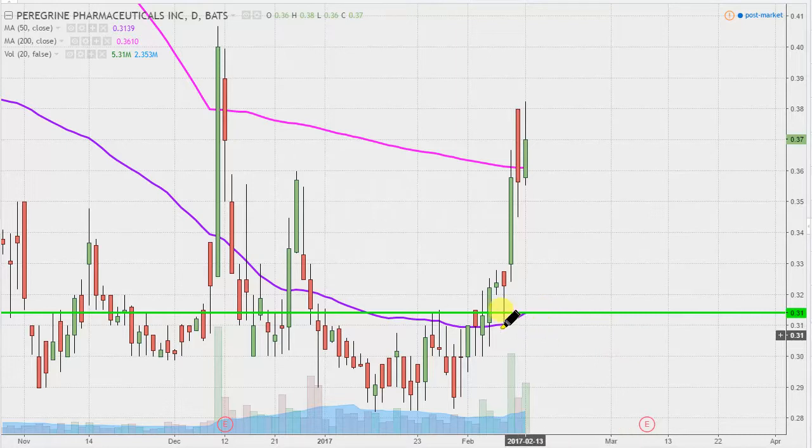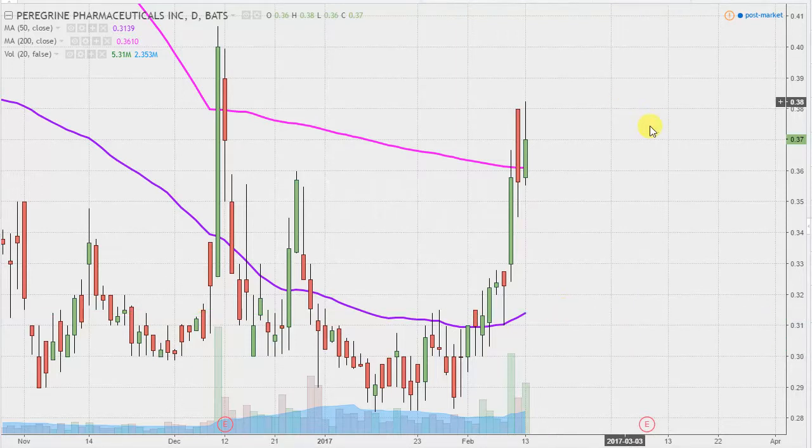Reason for that is the purple line here, which you can see, was going down, then finally went flat, and is now starting to curl upwards. And then also to combine that with the next couple of days, that purple line is going to cross up above the green line. That is the famous 50-day simple moving average. So from a presentation standpoint, and just wanted to keep this as simplistic as possible, I'm going to get rid of that and just talk about that being now the new key big picture indicator, meaning as long as the price is above that 50-day simple moving average,